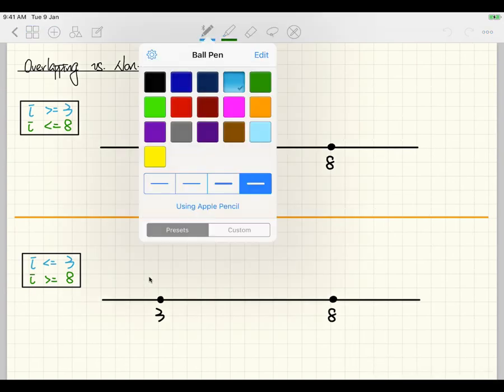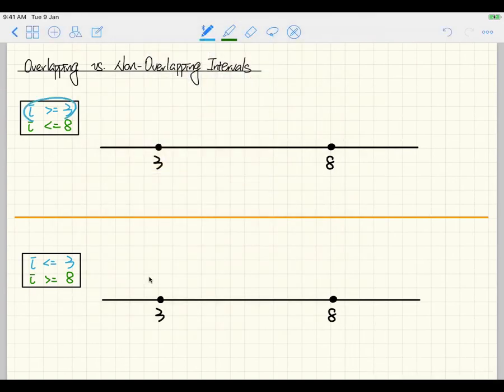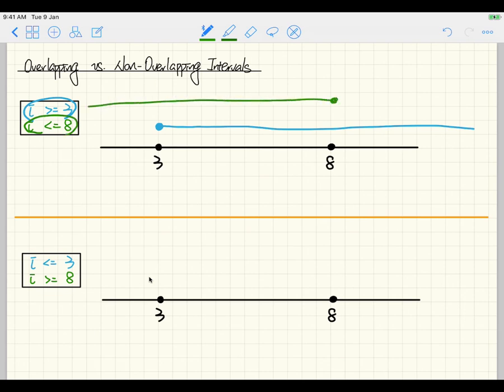The first condition we have is I larger than or equal to 3, right? If you think about it, I larger than or equal to 3 is pretty much like this range over here, all the way towards infinity, right? That's what we talk about. The second one over there, I less than or equal to 8, is pretty much like this one here, less than or equal to 8. If you think about these two intervals,